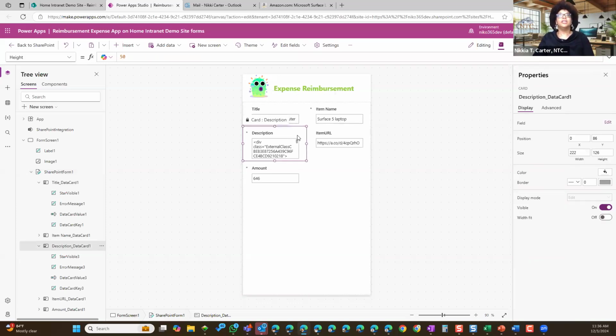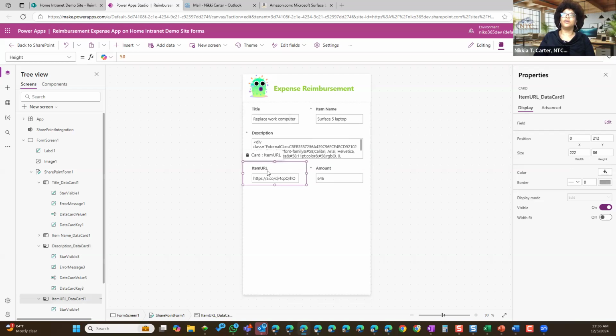But I'll leave the amount the same, same spacing. So what I have to do now is click on what's called the whole card for description, and then I make its width longer. Actually, I think I could just pull it out too. Yeah, actually make it easy for myself and just pull it out. But if I knew the size, I could put the width right here of 444, and it would adjust it for me. So say, for example, if I go to this card right here and I want to do the same, like I said, make it longer, make it stretch across the form, enter the amount, hit enter, and there you go.